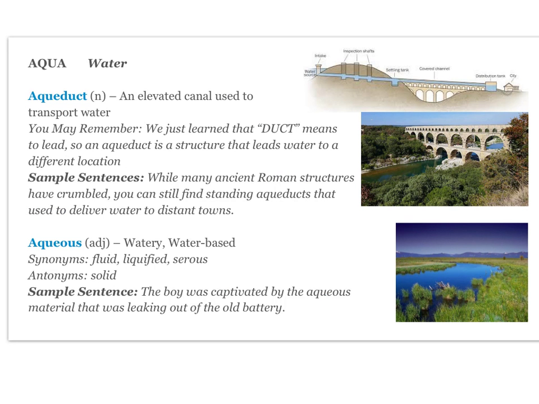Aqua as a root means water, so you can remember that because you know that aqua is like that color. And your first word is aqueduct, which is an elevated canal used to transport water. We often think about ancient aqueducts because aqueducts were used more commonly before there were pipes and other ways of getting water places, but there are also modern aqueducts. And you may remember, we just learned duct, right? So an aqueduct leads water somewhere. And the sample sentence is about Roman aqueducts.